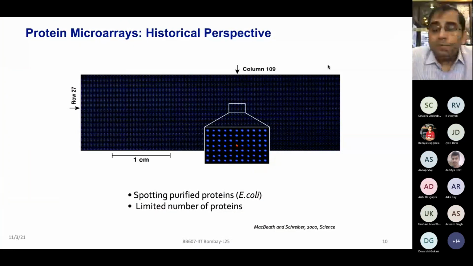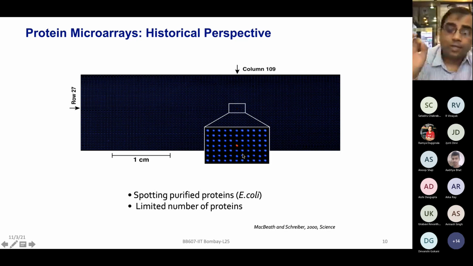It was Gavin MacBeath from Harvard who was the first one to show experimentally that proteins could be printed on glass slides or arrays, and one could try to screen those at the scale of thousands. It was kind of just a proof-of-concept paper where they had just two proteins. One was a protein shown in red, and the other protein was printed thousands of times throughout the array. And they were able to show the specificity of this particular protein; you can detect it among the thousands of proteins printed on the array.